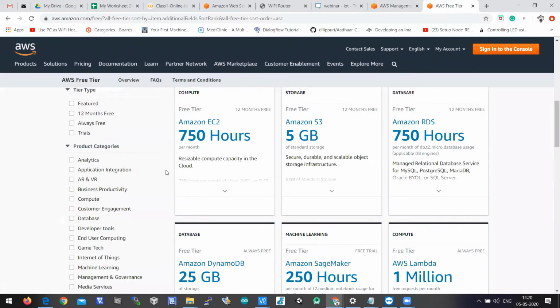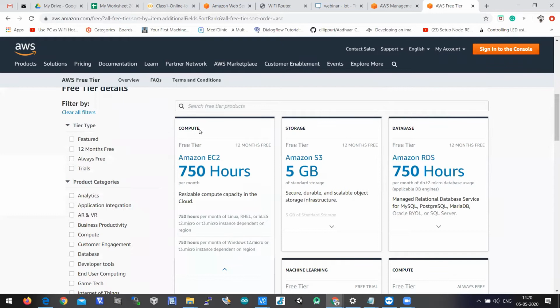So in the AWS free tier, Amazon EC2 compute engine. This is a computer, and this compute engine in the 1 year free tier, they're offering 750 hours per month. Per month it is free. Okay. So today we are using Amazon EC2, which is Elastic Compute Cloud. So we should understand how much of EC2 is free in the 1 year free tier.